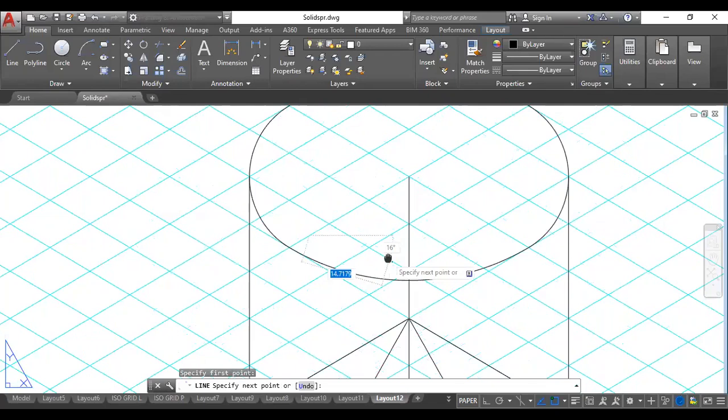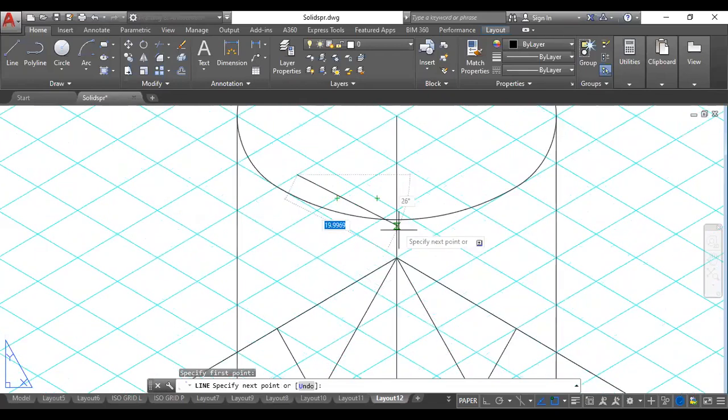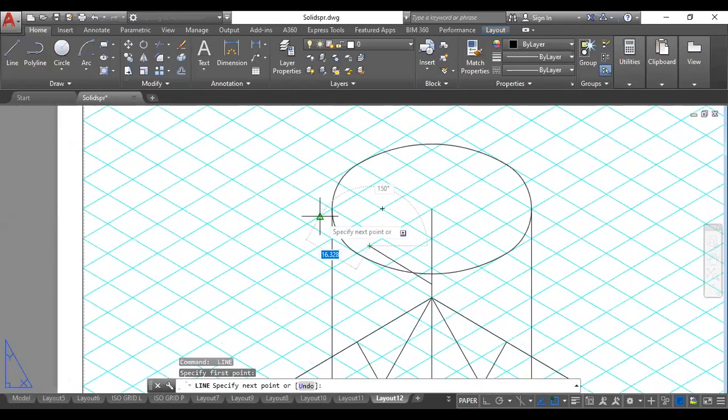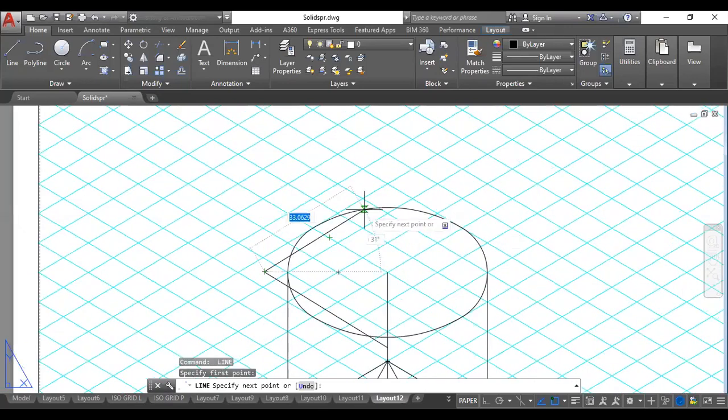Here be a little bit careful. This is 1, 2, and 25 would be exactly in the center here. So this would be 25. In the same way I'll go 25 on the other side also. From here 10, 20, so on this line it would be 25. Now from here I can go 50 easily: 1, 2, 3, 4 and 5.